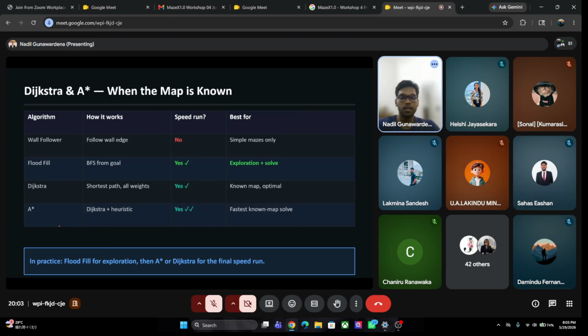Okay. So I won't go through Dijkstra's and A-star because it takes some more time. I will tell you the application of Dijkstra's and A-star, like in practice. What we use Dijkstra and A-star for is computing the shortest possible path when the map is known. Okay, so when the map is known,